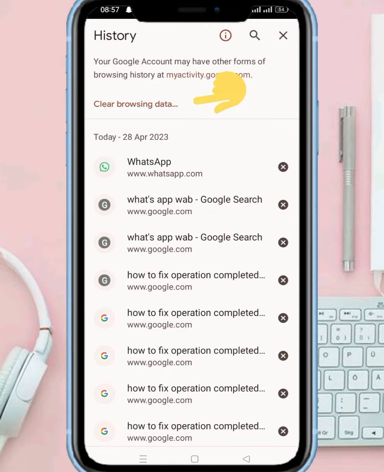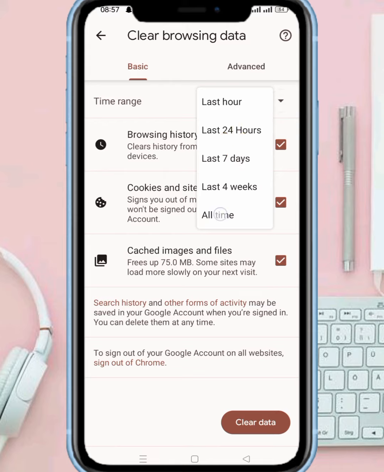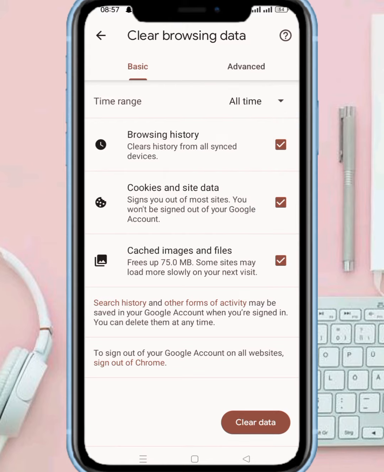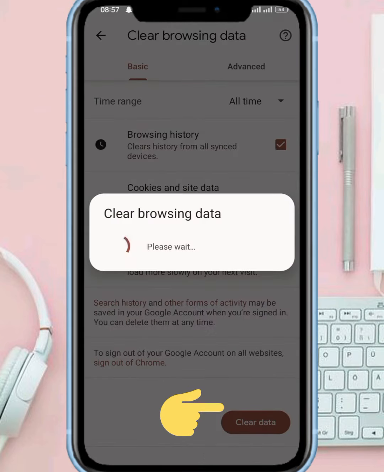and from here you tap on clear browser history and tap on this and tap on all time. Tap on this all time, and from here what you need to do is tap on clear and tap on clear again. Wait for some seconds,